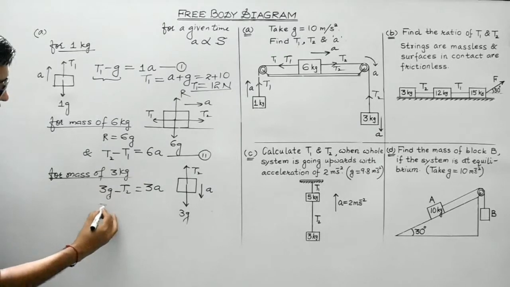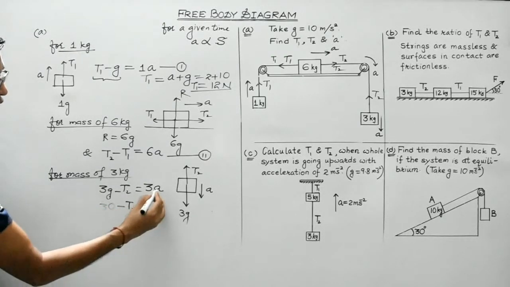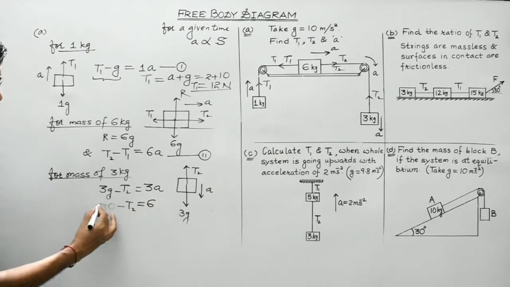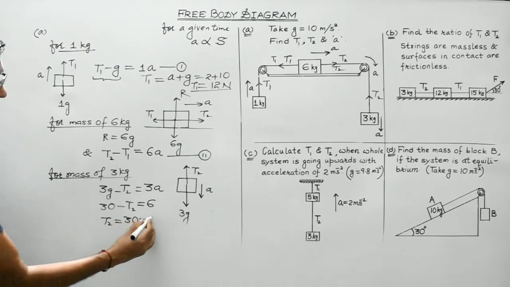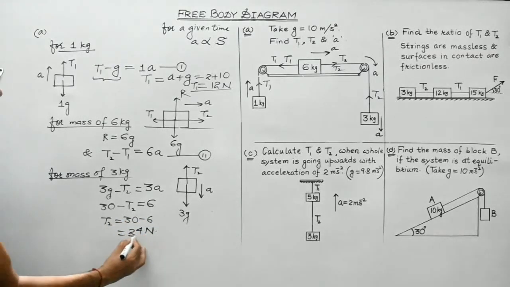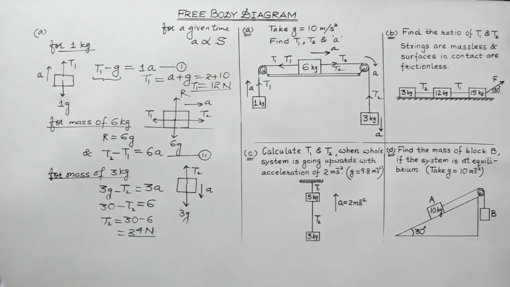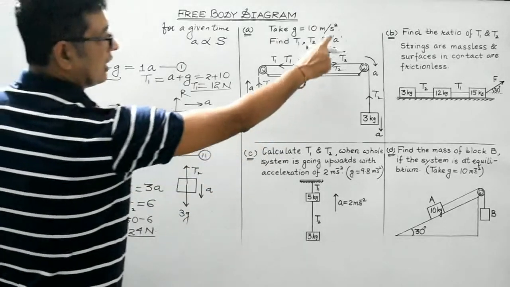So 30 minus T2 is equal to A, which is 2, so it will be 6. So what we get is T2 will be equal to 30 minus 6. That is 24 Newton. So students, T1 is 12 Newton, T2 is 24 Newton, and the acceleration of each of